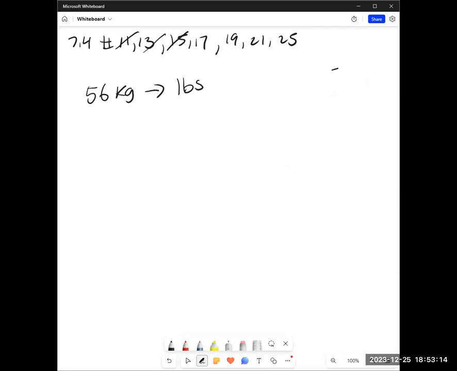Okay, that was number 17. One very much like it. Now we're going to do one like number 19. And we're going to get into area now, which is 641 hectares to just regular acres. Okay, so